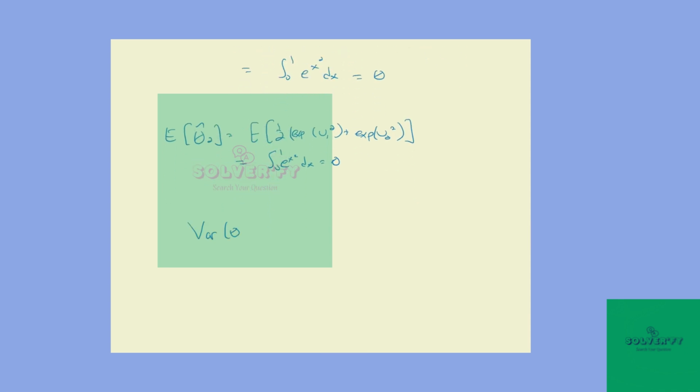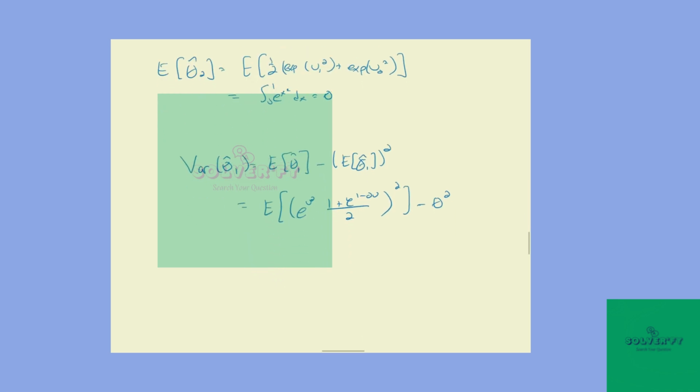So the variance of the first estimator is equal to the expected value of the first estimator squared minus the expected value of the first estimator, squared. And for the second estimator,